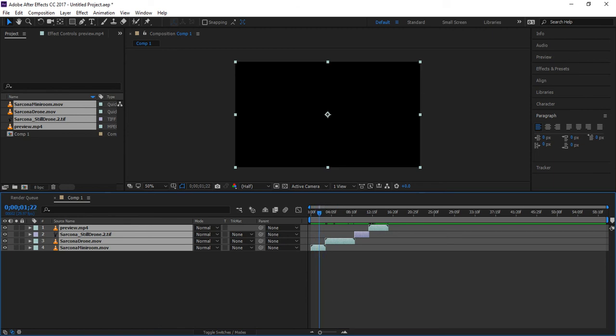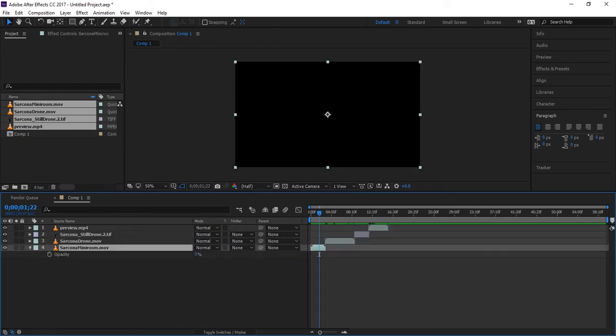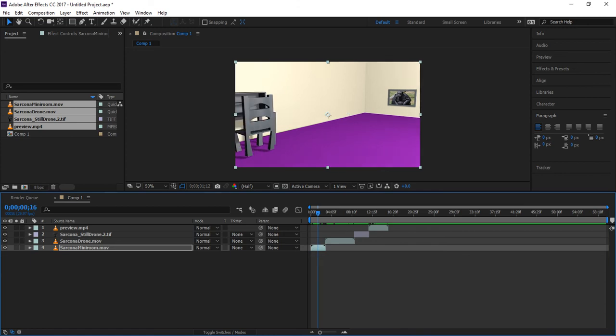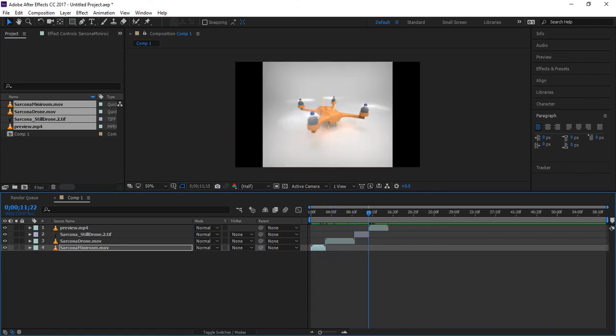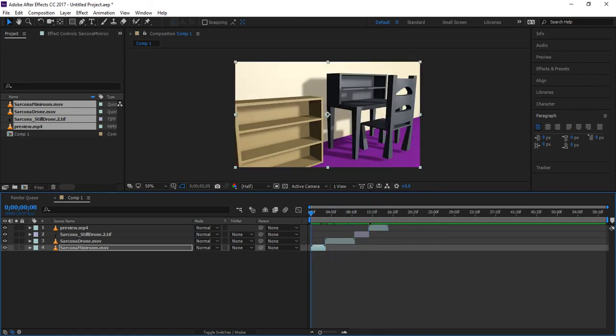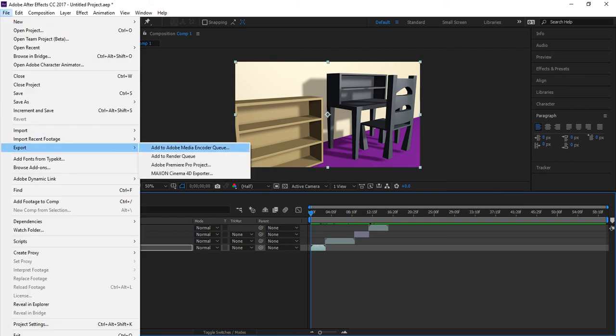I don't know why that turned. Somehow I turned my opacity off. There you go. So there's all my pieces. Sweet. So now once you have those pieces together, then we can go to File, Export, Add to Render Queue,